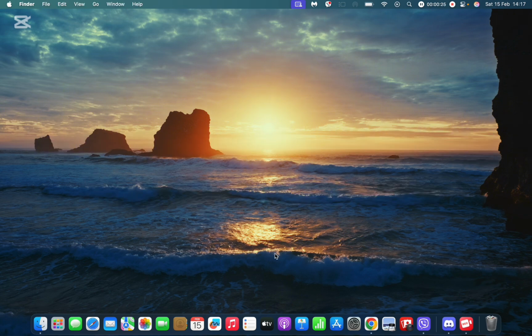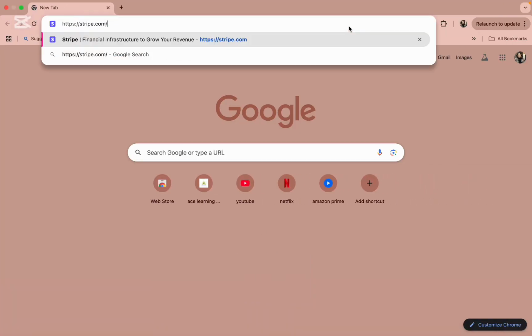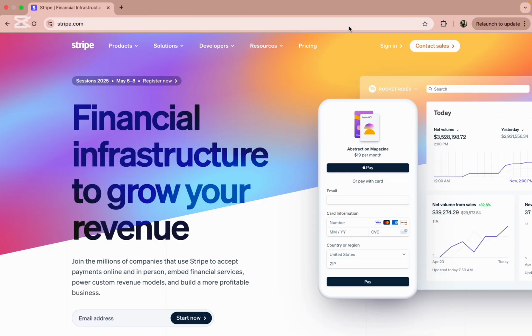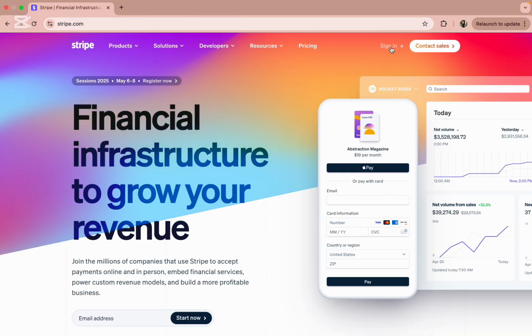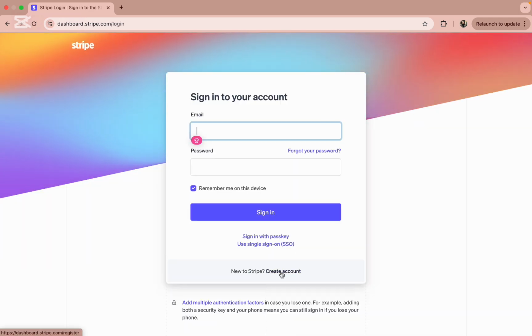For this, all you need to do is simply open a web browser of your preference, and once you open it, simply type in the URL www.stripe.com. Once you do this, you will end up in this kind of interface, so simply tap on the sign in button. After doing this, you will be redirected to this page where you can find an option called Create